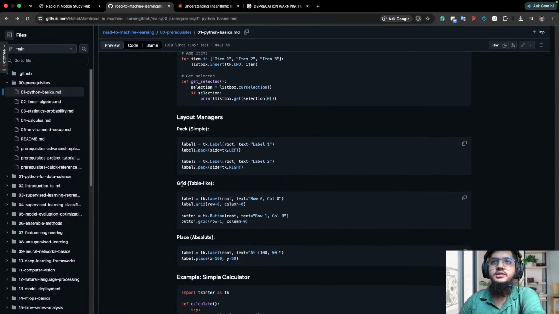Okay, and then there is a grid. First of all, it takes the label. There are two texts, row 0 and column 0, and it's going to be grid, row equals 0, column equals 0. Okay, fine. And then I add a